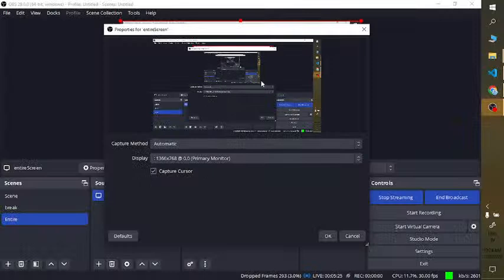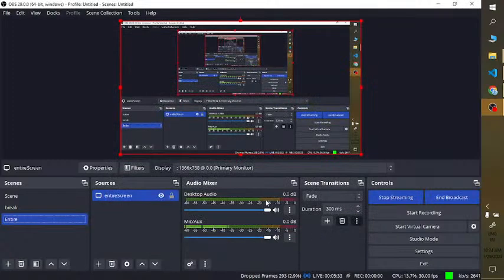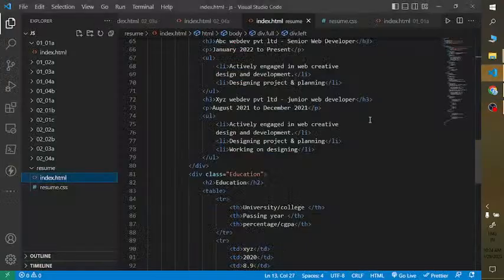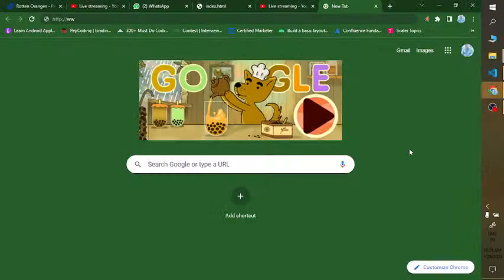So entire screen, I'm sharing, and it is going to share my entire screen. So automatic monitor. Okay, and in this, let me, I think my audio is right. Let me check. Yeah. So once we have created our website, this format we are going to put, and we can